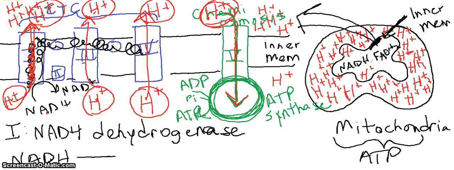So what we see every single time that a hydrogen ion falls passively through protein 5, ATP synthase, is that we are going to synthesize 1 ATP. And remember what we said before is that every NADH is ultimately going to form 3 ATP. And hopefully you can start to see why it forms 3 ATP. We said that every NADH pumps 1, 2, 3 hydrogens against a concentration gradient. Now these hydrogen ions that have been pumped against the concentration